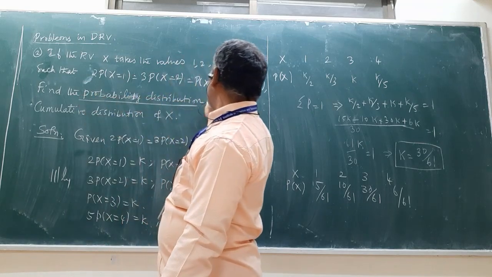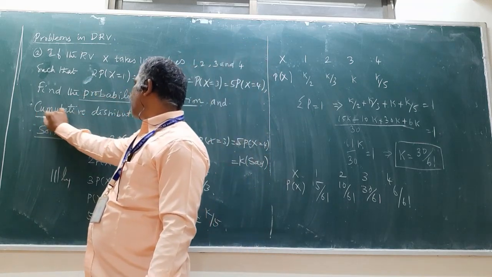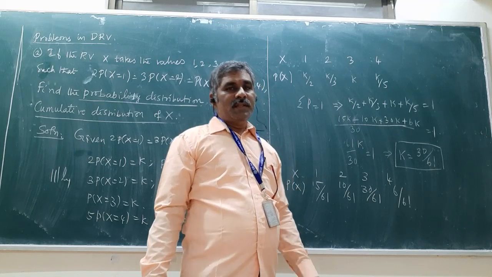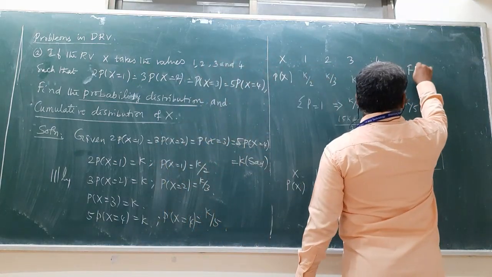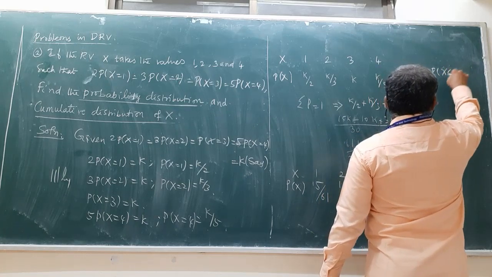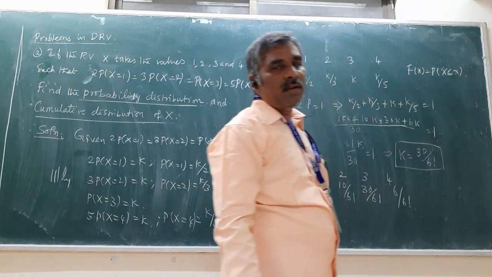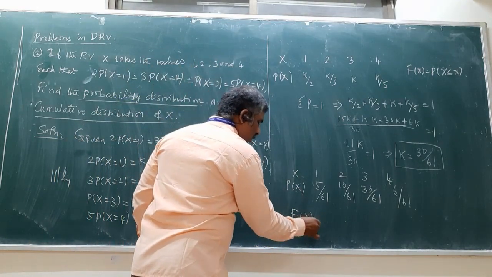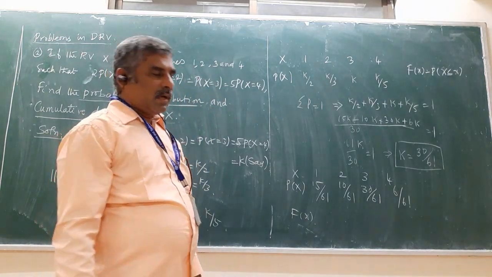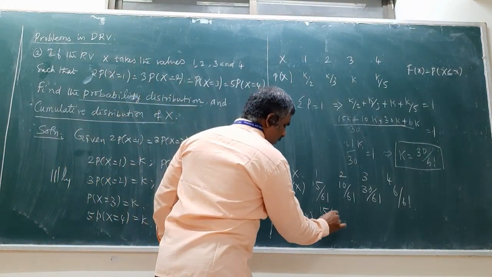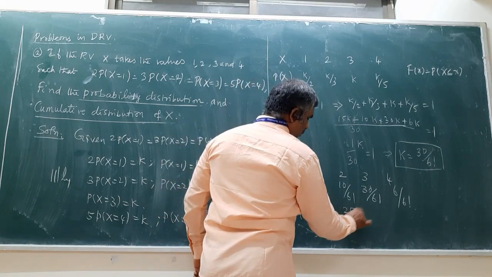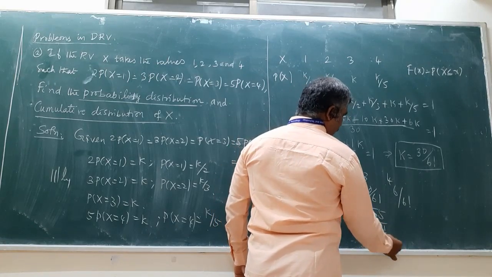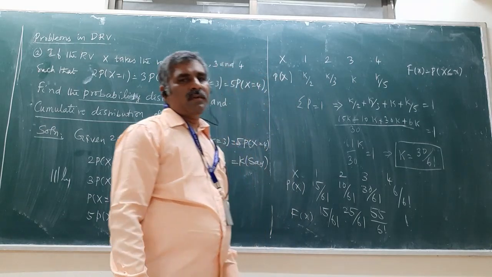Find the probabilities. We go to the second question. You have to find the CDF of x. So, what is the CDF of x? CDF of x is F of x equal to probability of X less than or equal to x. That is the formula. You write that. Then afterwards, you extend the table. F of x equal to, adding the probabilities: 15 by 61, 25 by 61, 55 by 61, and finally by default 1.